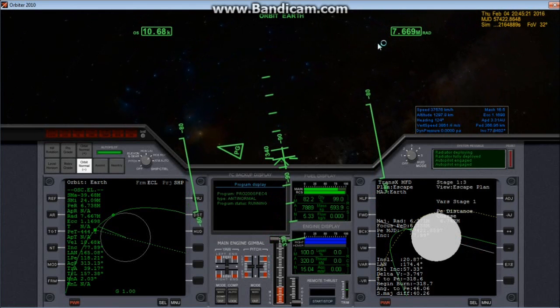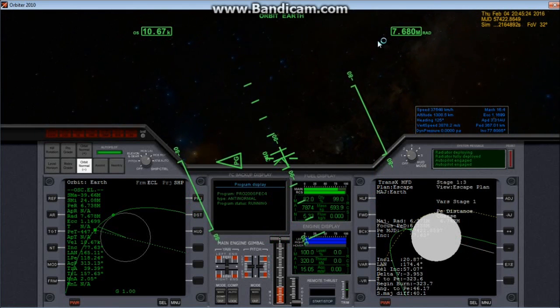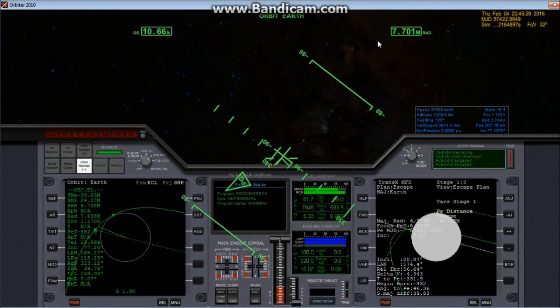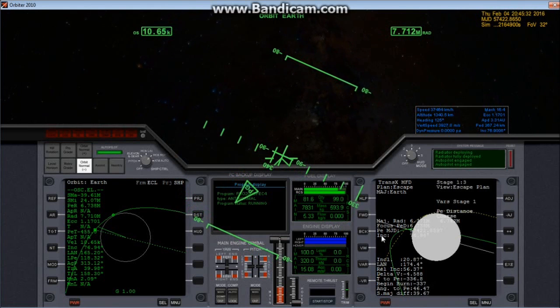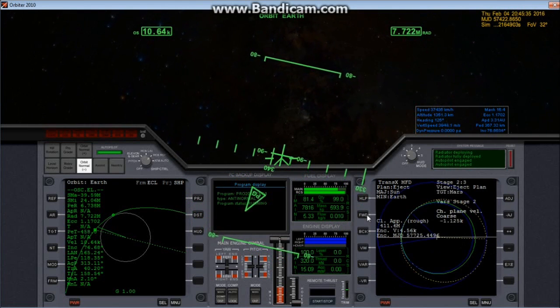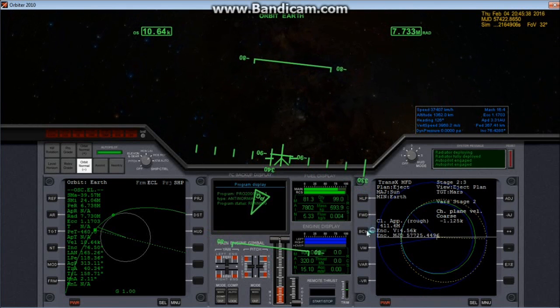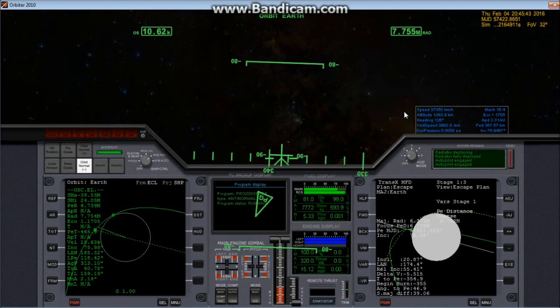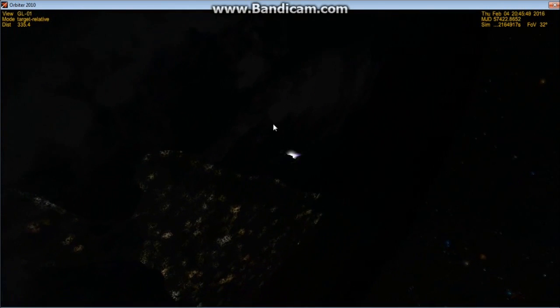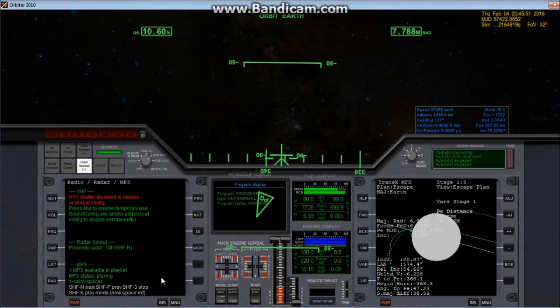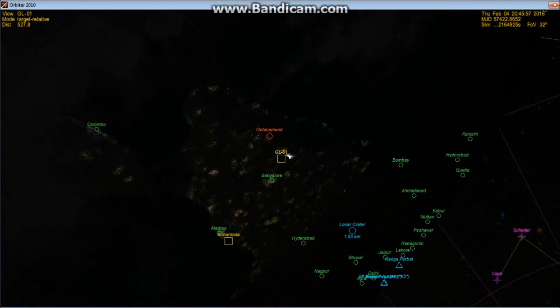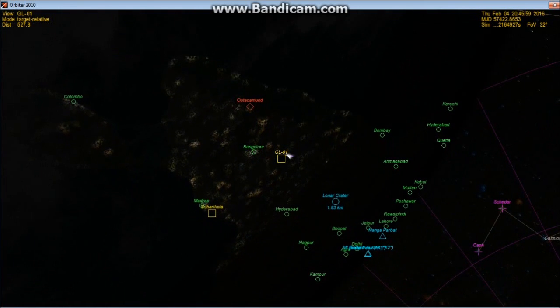This is getting fixed. We're just over 1,500 kilometers in altitude, and looks like we're over